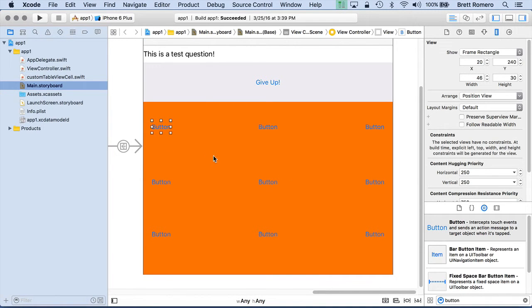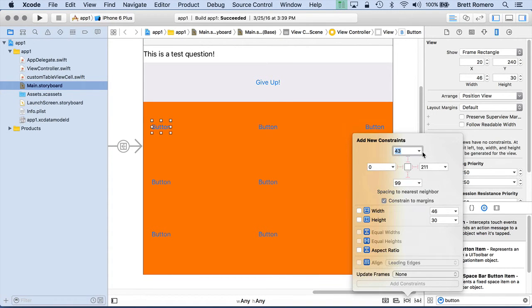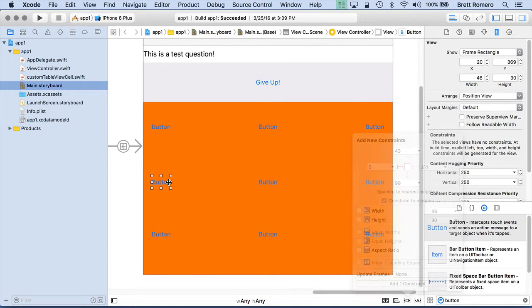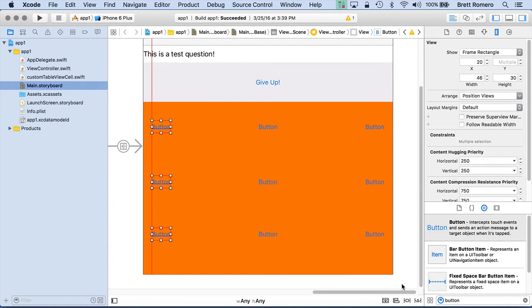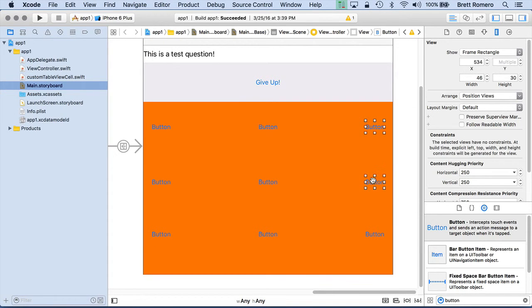Right now, if we look at this in the simulator, it's going to be very messed up. So I am going to go ahead and start doing some pins on this. If I go to the bottom and go to the pin icon, I can do a 0 over here, and then let's see, actually I think I can go ahead with all of these and do a 0 for the left edge, because I know I don't want any margin like this, and add that constraint. Can do the same here,